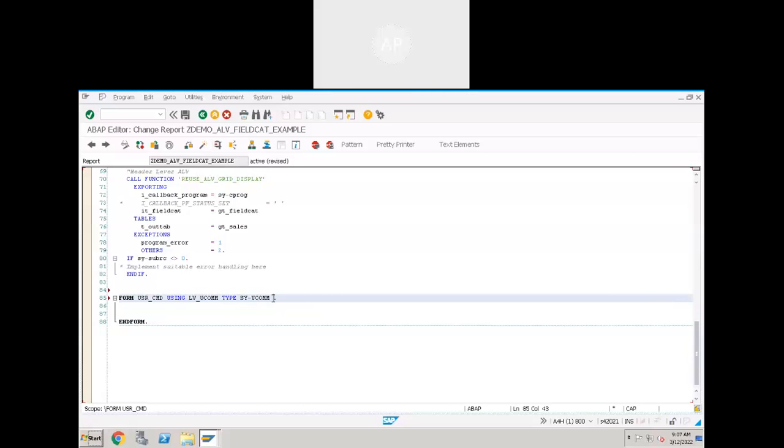And there is one more structure. LS_selection, structure type.